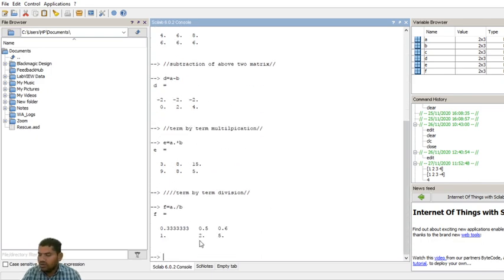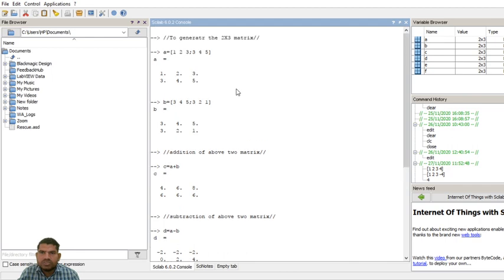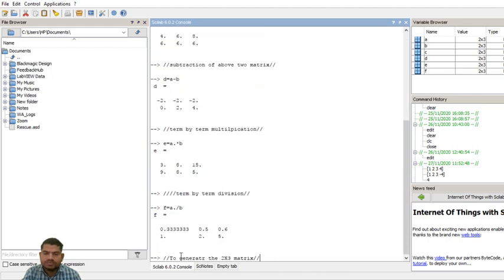Now suppose I generate one more matrix, a 3 by 3 matrix. Here the earlier matrices were 2 by 3, and now I am generating one more 3 by 3 matrix.